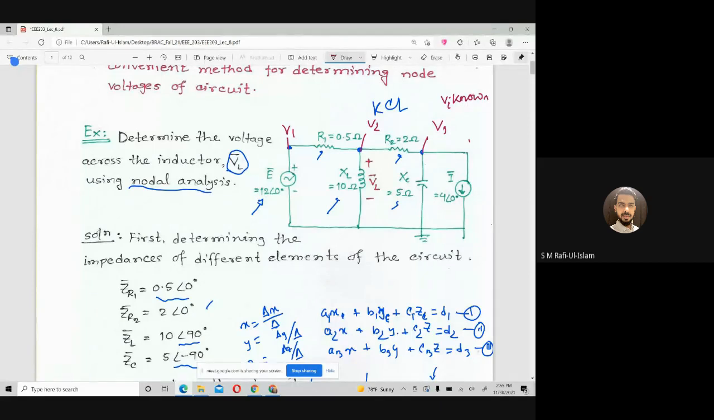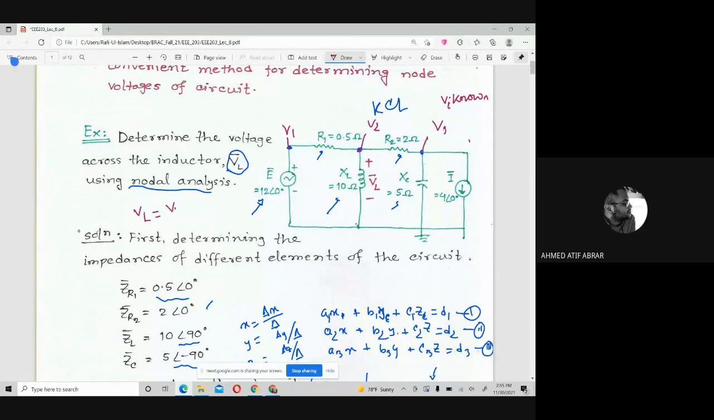Then you look at the question: what am I asked to do? Once you know all node voltages, you can calculate anything in that circuit. For our case, it's so simple. What is the voltage across the inductor? That VL, the inductor is connected between this node and this node. So VL is nothing but, since the positive side is on the upper side,